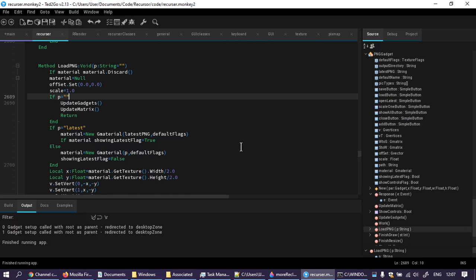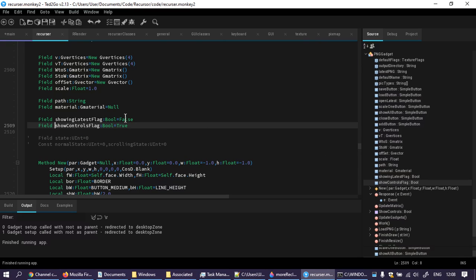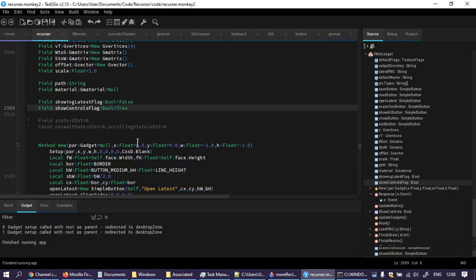Reset the values if p equals update gadgets. If p equals latest, do this. Showing latest comes on false, but it'll get set to true